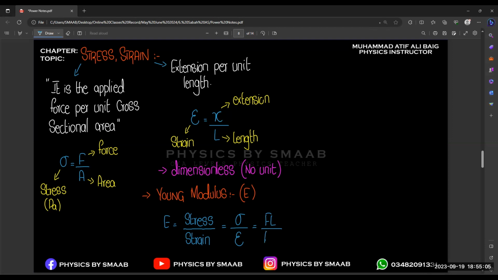Or you can simply write FL over AX, right? Because we have the formula F over A for the stress, and for strain we have X over L. And when you flip the value, you will get L over X. So basically, from the concept of Young modulus, we can simply say that